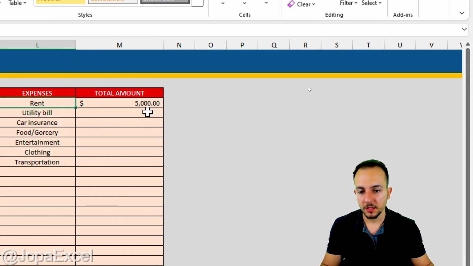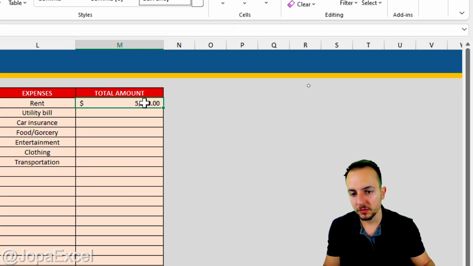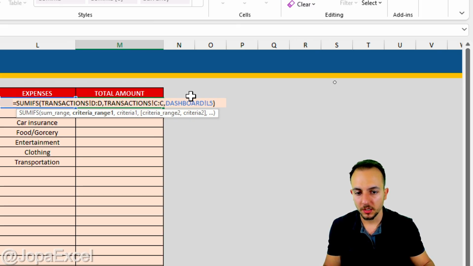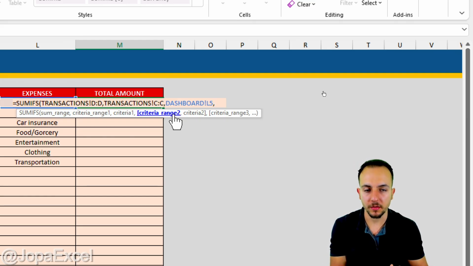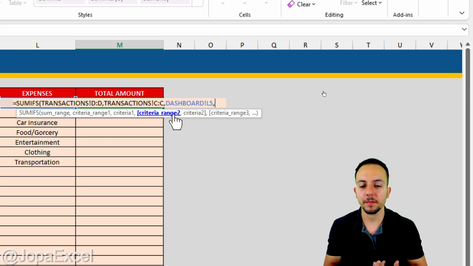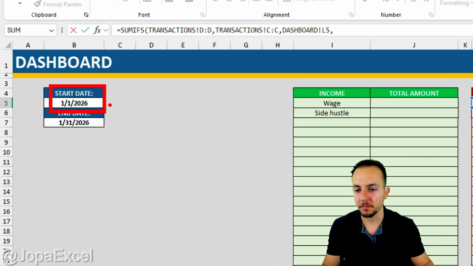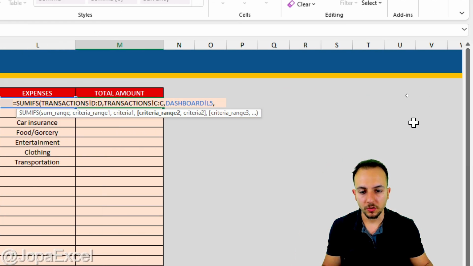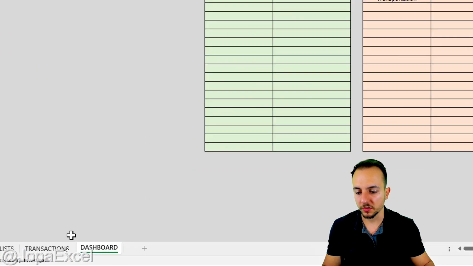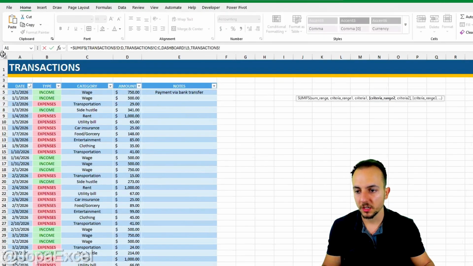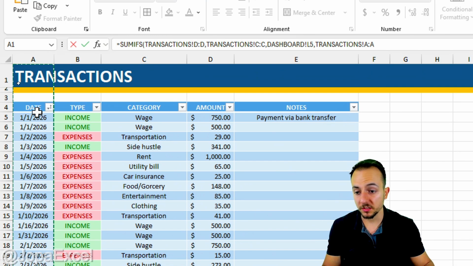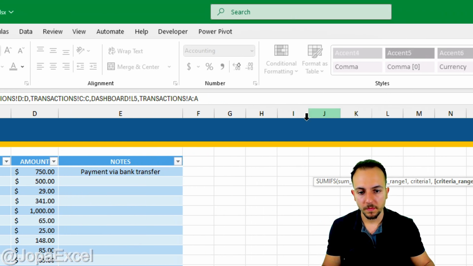And to do it, let me click in the total amount formula that we did, 1, 2, and in the last parenthesis, I can go and get rid of the last parenthesis, comma, and this time I want to add a second criteria range that is going to be to add up all the values that are equal to or greater than my start date. So let's go. Criteria range, of course, is going to be here on transactions. In the first column, A, because this is where I have the dates, comma,